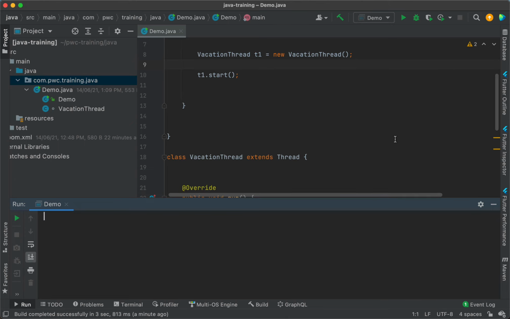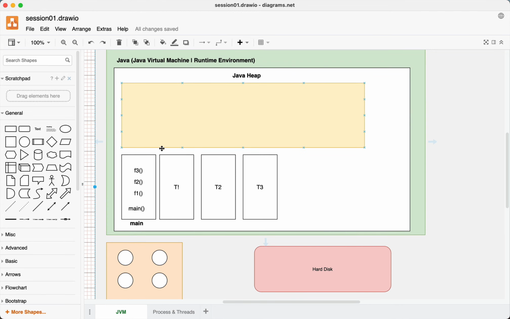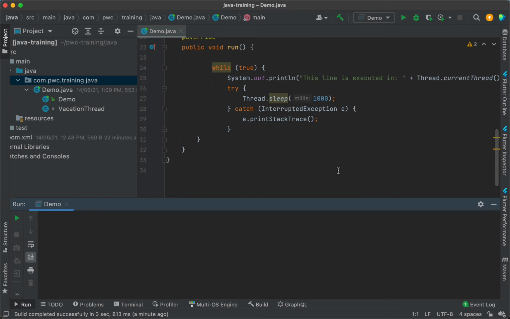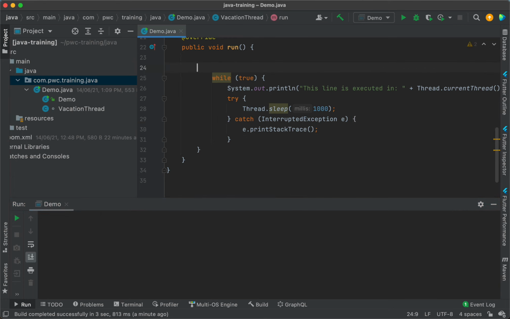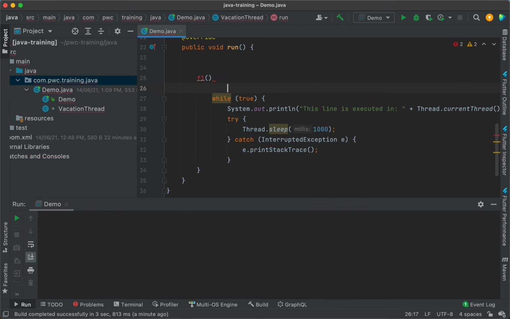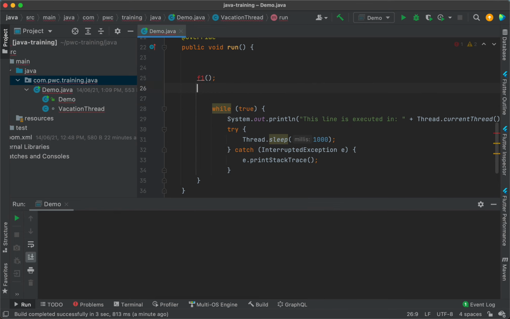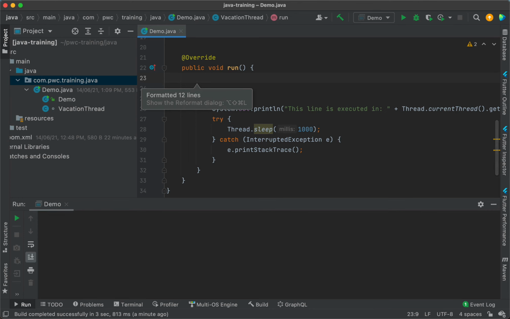So now in this case, my dear friends, the VacationThread, the T1. If I go back here, this is that thread T1. Now from this T1 thread, suppose my question to you is this: I am executing System.out.println, I am executing Thread.sleep. Suppose from here also I execute something like F1, and then from F1 I execute F2, and then from F2 I execute F3 and so on. So if I do that, in which thread do you think